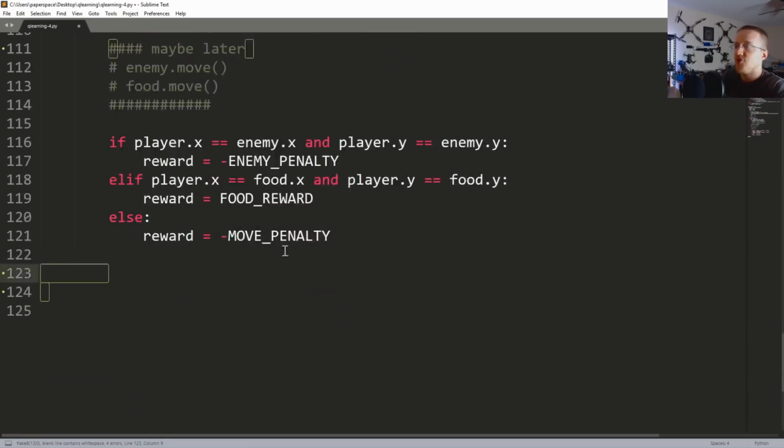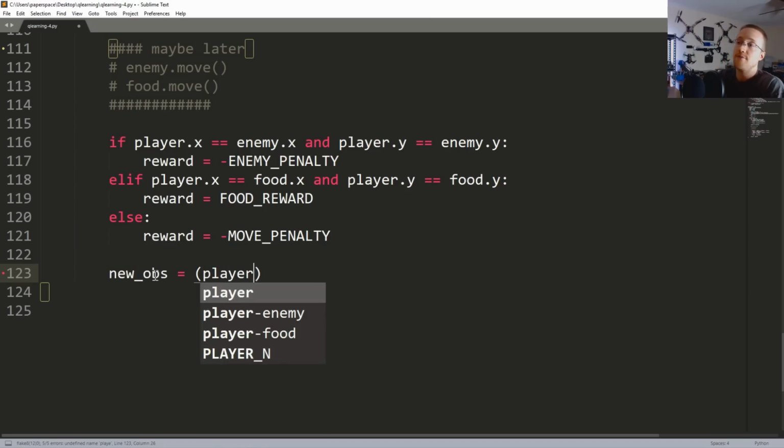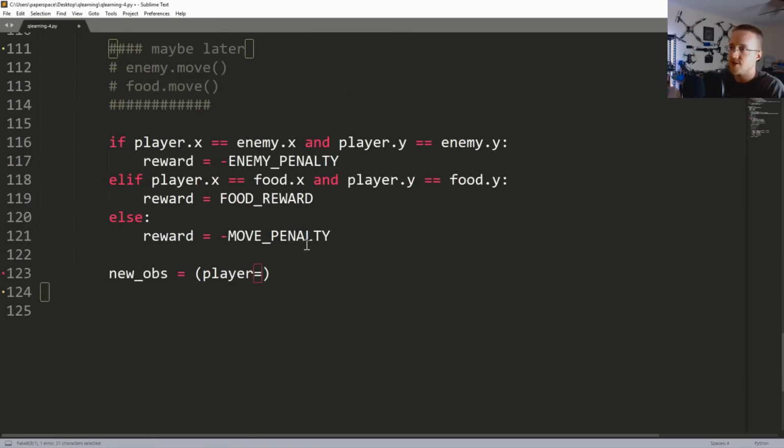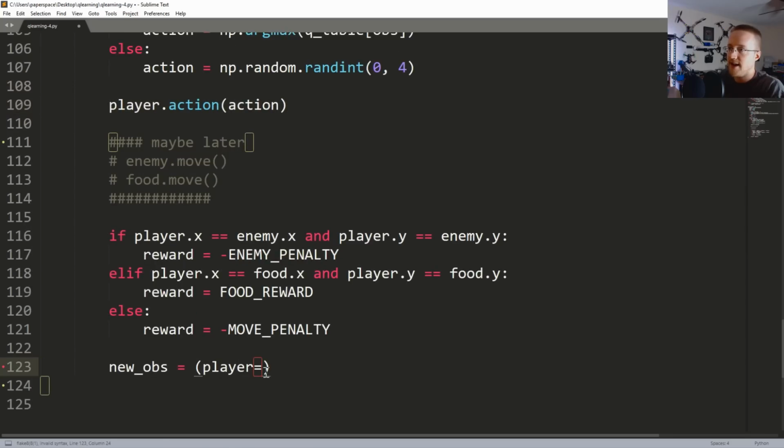Great. Now to do our Q function, we need to be able to move. We need to make a new observation based on the movement. So new_observation equals, because we've made the move. When we took that action, now we've moved. So now we're going to come up here and say the new observation is equal to player minus food, player minus enemy. And then after that move, we need to